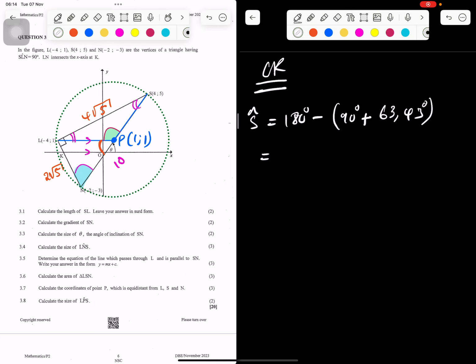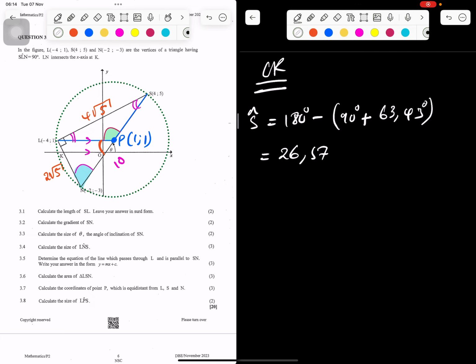Let me use the calculator. That is 180 minus 90 minus 63,43. So I'm getting 26,57. Okay, but don't forget that you must use the whole number there, because this we rounded up, so it might mess up with you. So it means angle S there,